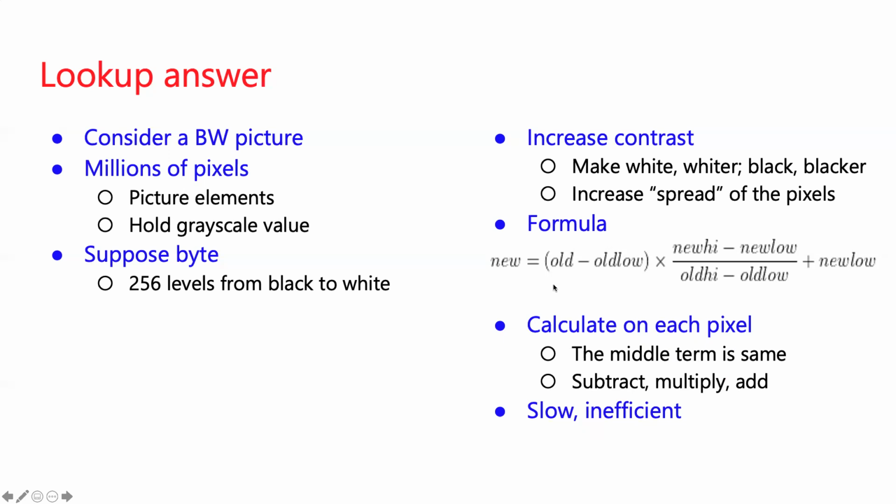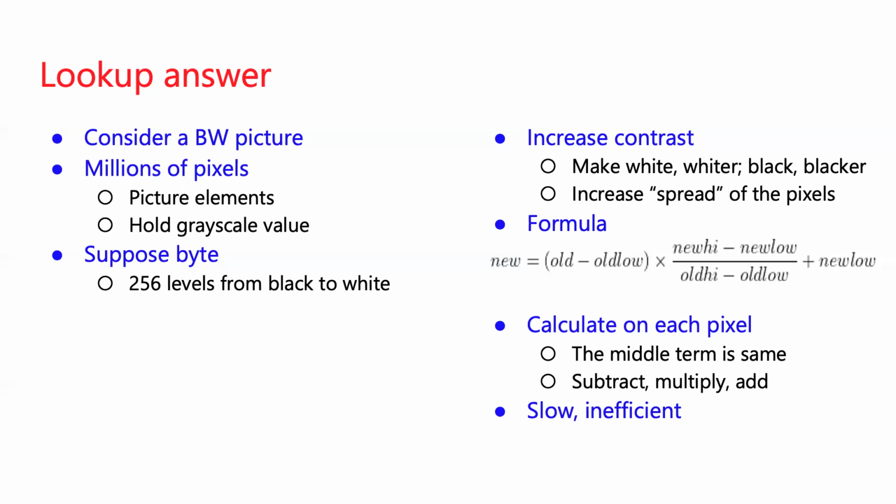I won't talk through it in detail, but if this is your old pixel value, you figure out how far that is from the minimum, divided by how far the highest value is from the minimum. So how does that compare in your range of values? And then you scale that up to the new range of values you want, and then add that to your new low value, then that would stretch out the range of intensity values to give you more contrast on the